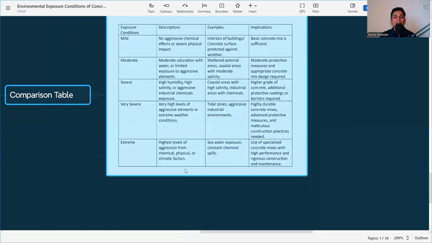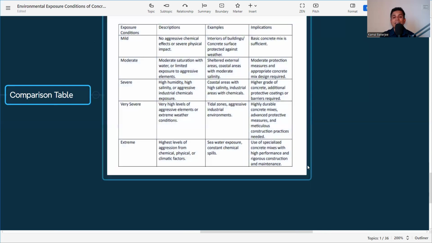And the extreme is the highest level of aggression from chemical, physical, and climatic factors, such as seawater exposure and constant chemical spills, where use of specialized concrete mixes with high performance and rigorous construction and maintenance is needed. So these are the comparison table and the different exposure conditions as per